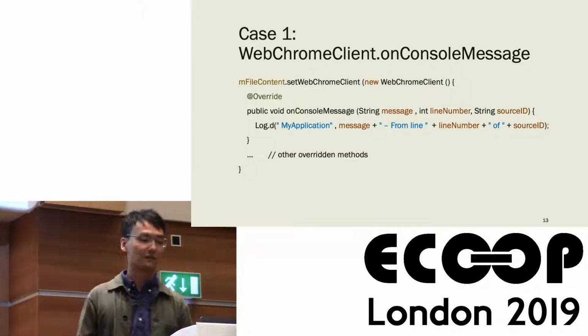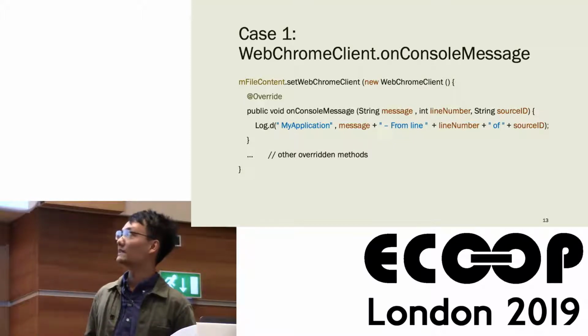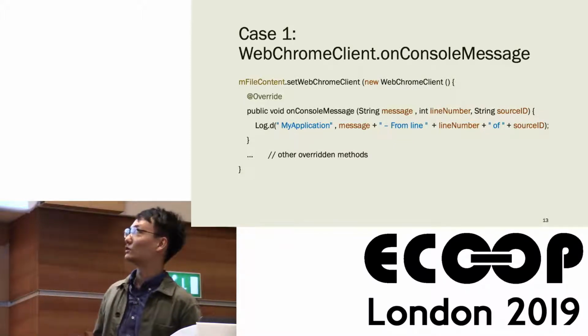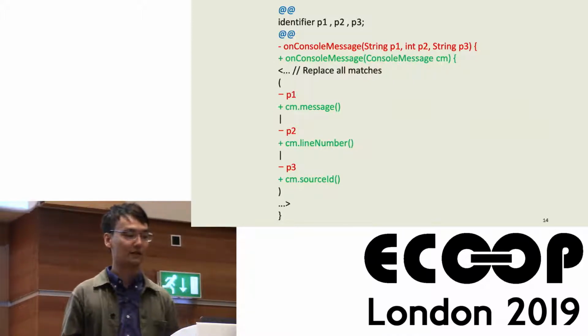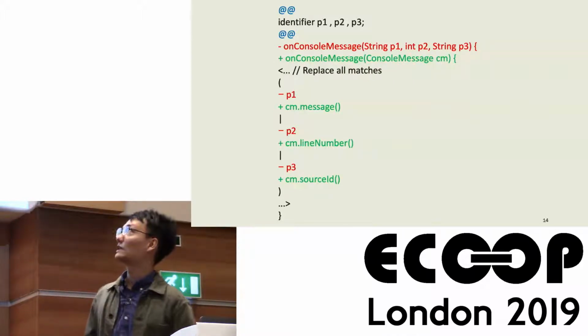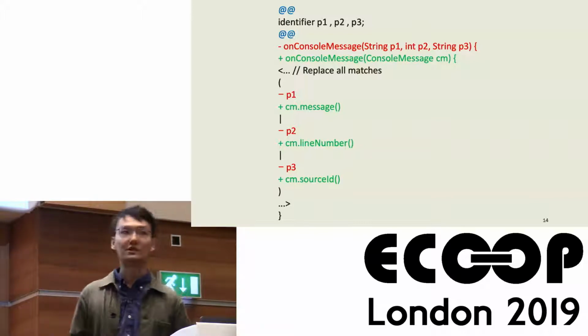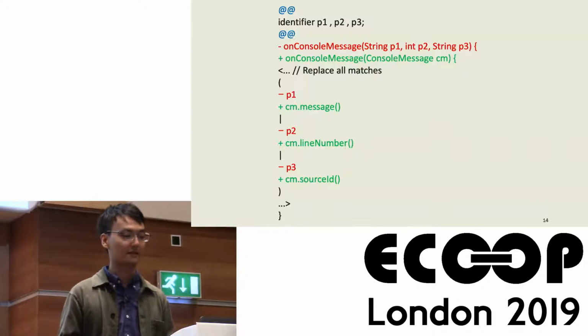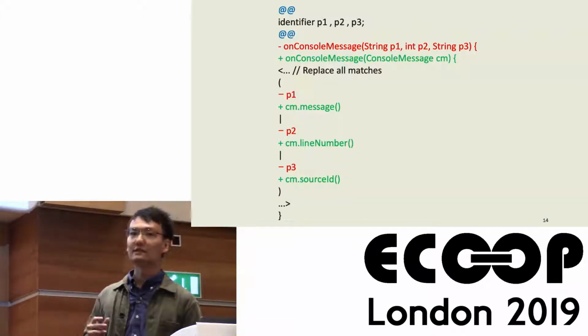In this case, the developer has declared a new anonymous class and has overridden onConsoleMessage. To correctly transform this case, we will need to change the parameters of onConsoleMessage as well as update the users of these parameters within the method body. And this is what the semantic patch to do that will look like. In the first part of the semantic patch, we introduce three metavariables, each one for one parameter of the deprecated method. And then in the second part of the patch, we describe the changes we wish to make using pluses and minuses. Basically, we replace the parameters with a new parameter, and then we use a variant of the